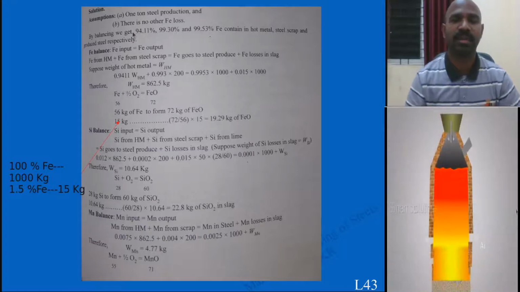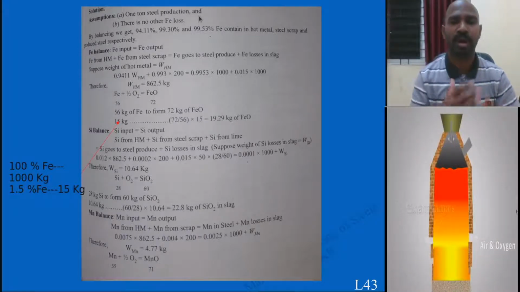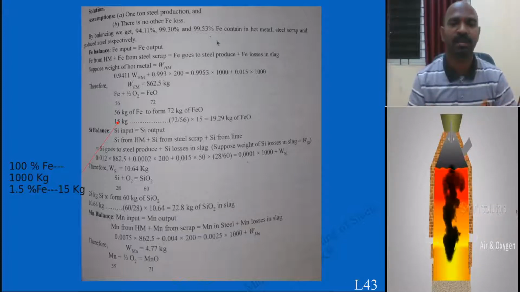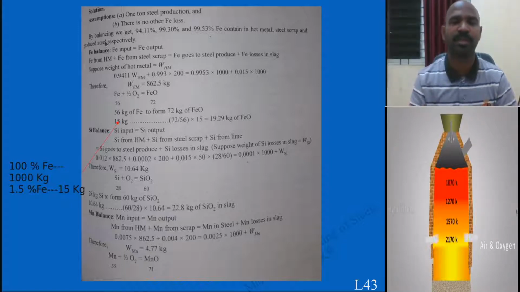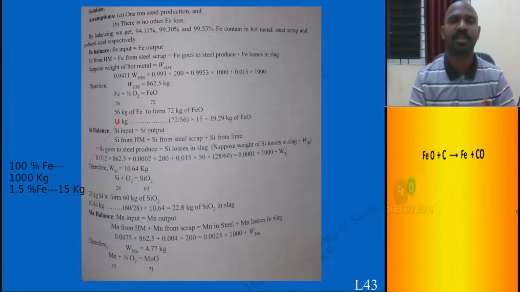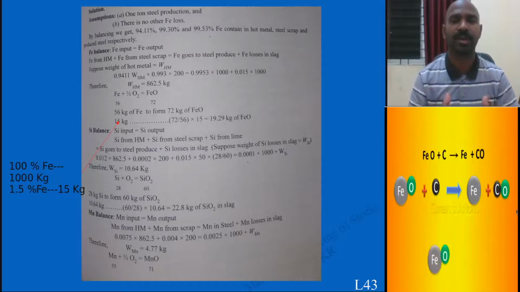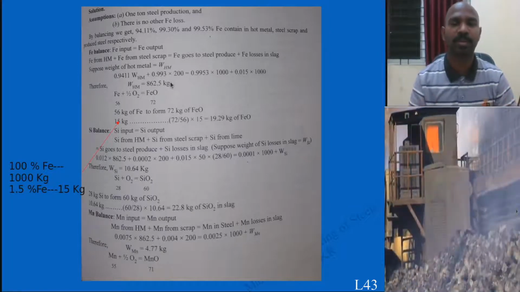The solution is with respect to 1 ton of steel production. One is an assumption: there is no loss other than iron loss, only iron loss in the form of FeO. First you need to write down the title, as I suggested, material balances. What is the input material, the output material? The material balance equation one needs to write down. Weight balance, or energy balance, or thermodynamic equilibrium equation, all these things are the same. The name of the convention differs with respect to textbooks and exams.